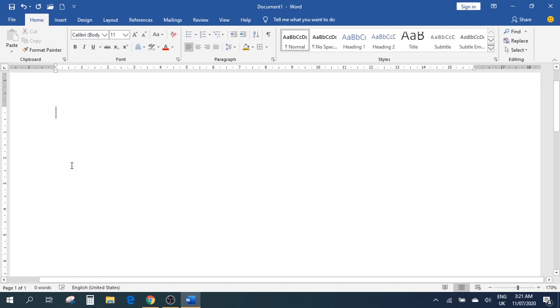So we have covered our Home tab. Now the next one we're going to look at is the Insert tab, but before that I would say it's going to be